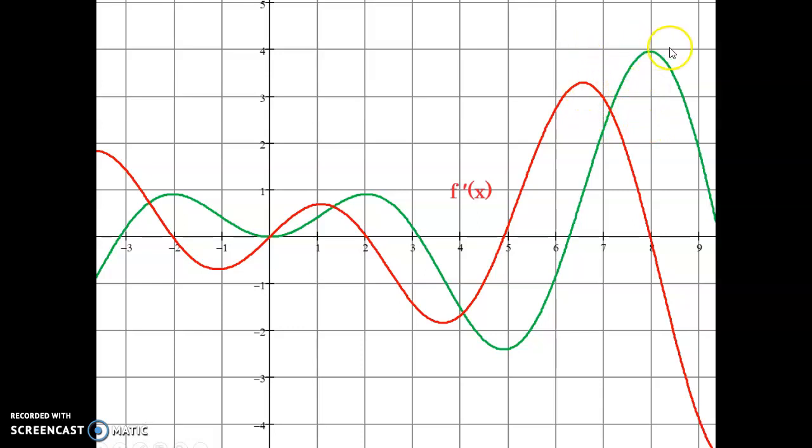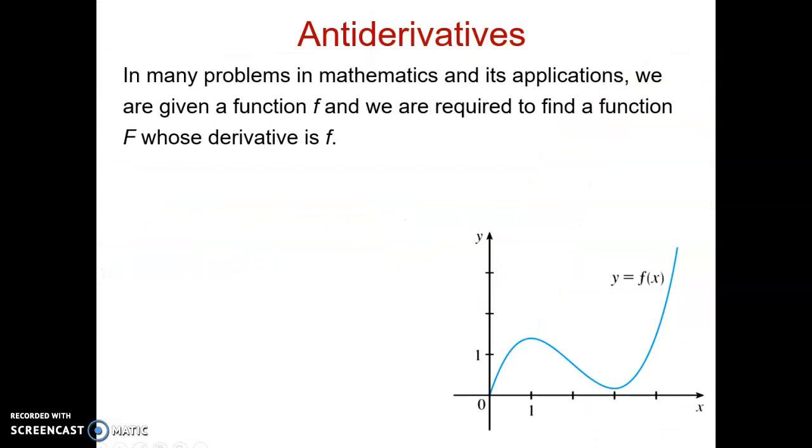Notice when I have a horizontal tangent line of my original function, my derivative function has a 0. And notice when the original curve f of x is decreasing, the derivative curve is below the x-axis. Now, if I were to sketch the second derivative here,